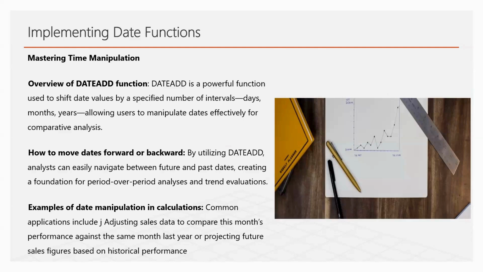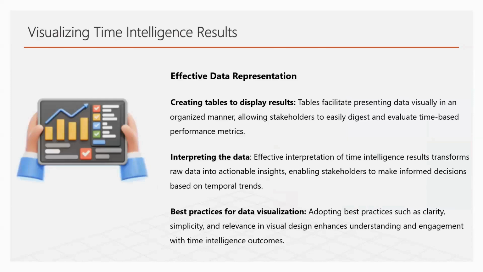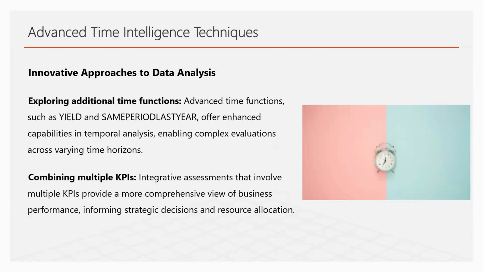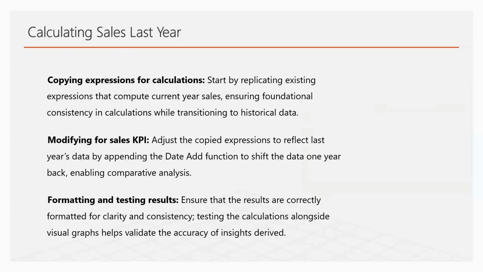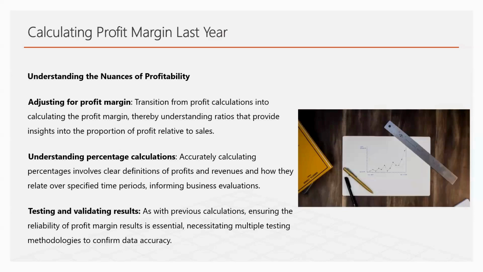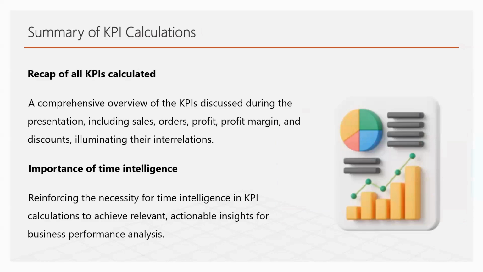We are going to change further slide, utilizing time intelligence results and testing and validating calculations, advanced time intelligence question, understanding the DATEADD function, calculating sales last year, calculating orders last year, calculating profit last year, calculating profit margin last year, then calculating discounts offered last year, and summary of KPI. Let's look at this part by opening our Power BI